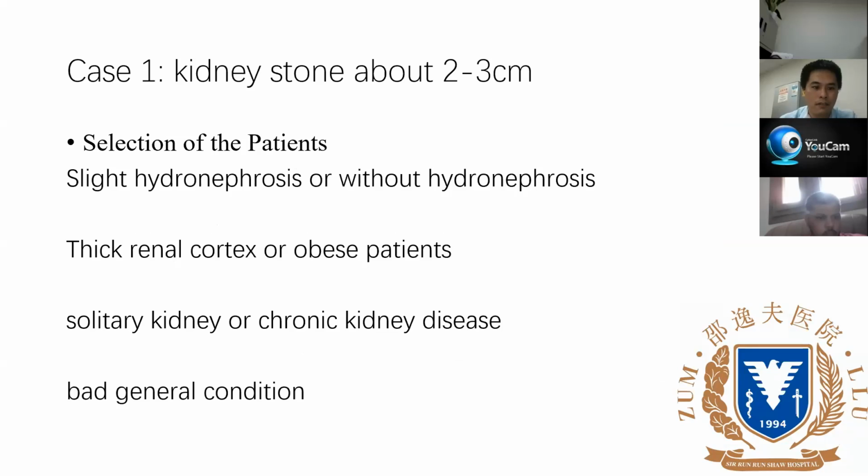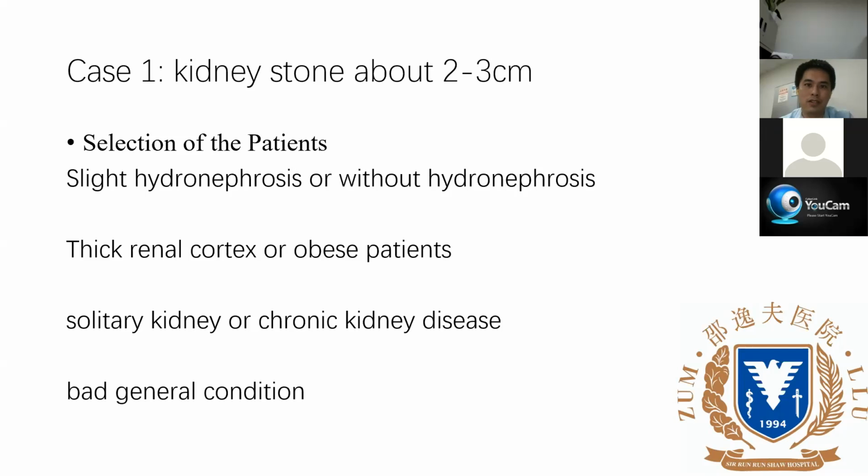First is a patient with slight hydronephrosis or without hydronephrosis, and the patient with a thick renal cortex or the patient with obesity. These 2 kinds of patients may have problems establishing the nephrostomy tract, so they can be selected for flexible ureteroscopy. The third and fourth kinds are patients with a solitary kidney or chronic kidney disease who are not suitable for invasive treatment, or patients with bad general conditions such as cardiopulmonary insufficiency or